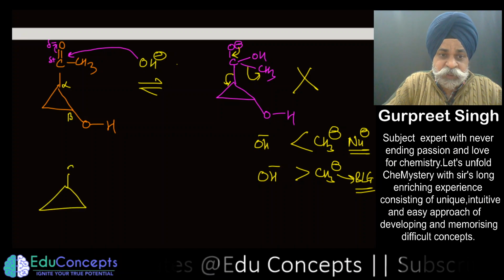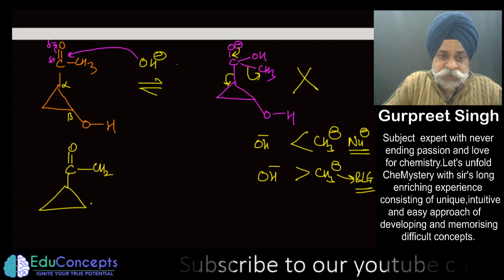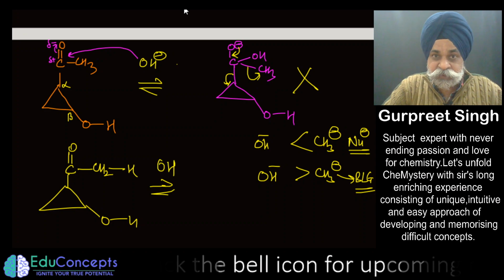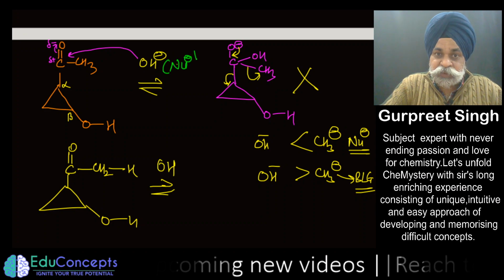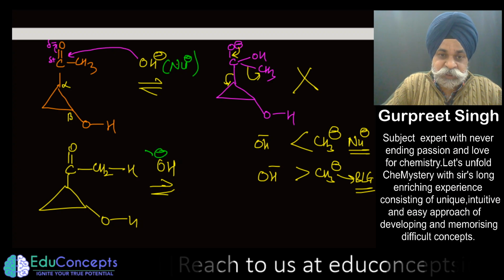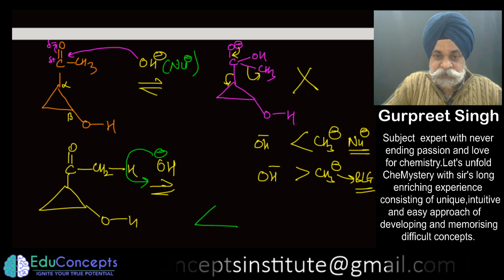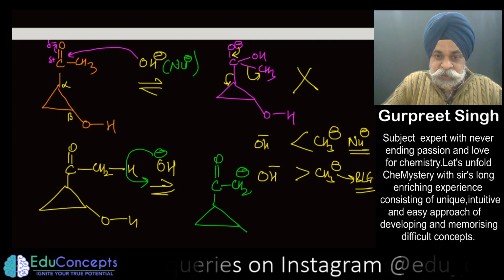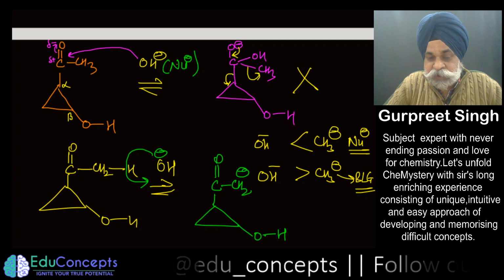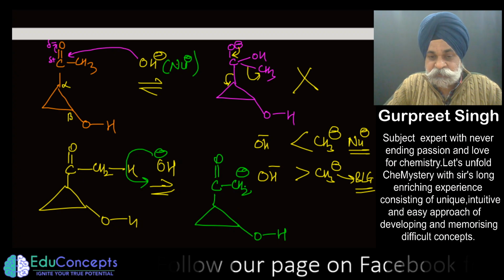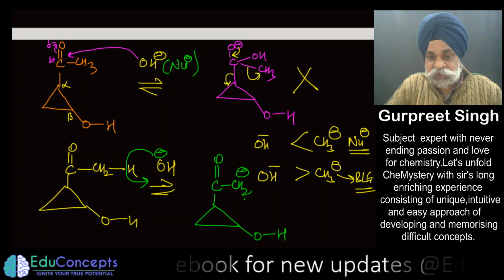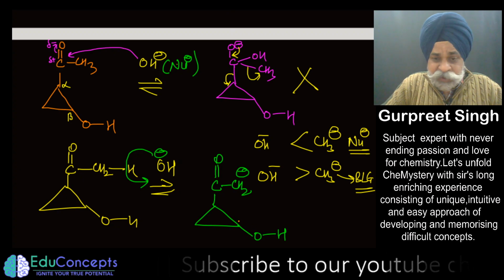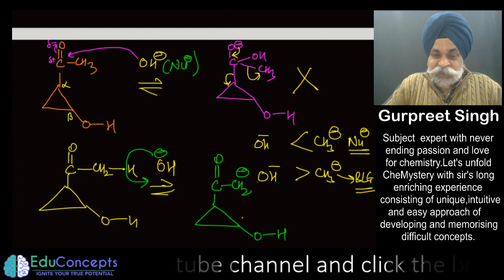Another thought one would have is to do the carbanion sort of thing: H is there, and you treat OH negative like a base. Earlier you treated it like a nucleophile, now you can take it as a base. So as a base it can take out this H positive. Thereafter you would generate a negative charge here. Now once CH2 negative is formed, it has to attack something, but there is no site of attack, so this is a literally illogical thing.